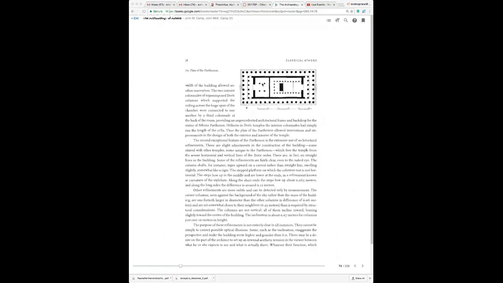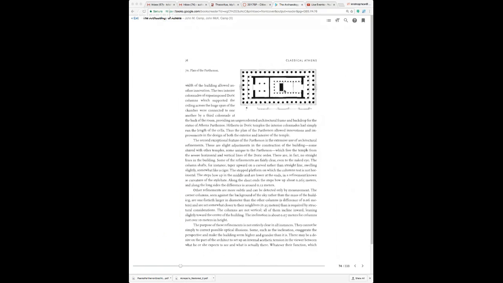So when you're remembering the Parthenon, think about it with the 8 columns in the front and the back, the Doric columns, 17 across, and then the pronaos with 6 columns and the opisthodomos with 6 columns. You don't need to know these Greek terms, by the way. If you want to memorize them, that is fabulous, especially if you're doing classics. Through the columns, you would actually see a statue of Athena in the Parthenon, in the back chamber. So that's one way to think about the interior of the Parthenon.